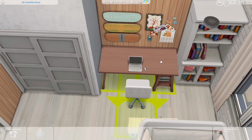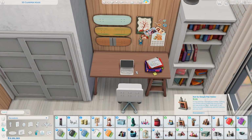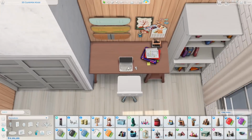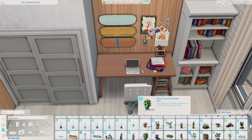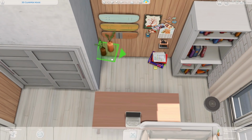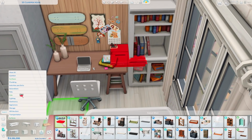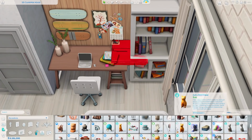So yeah, we are working on the teen's bedroom right now, and I have this feeling that the teen looked up to their older sibling quite a lot, so they're also into movies. They do have a little TV corner in the room. I know, I just said that's a bit much, but for me personally...